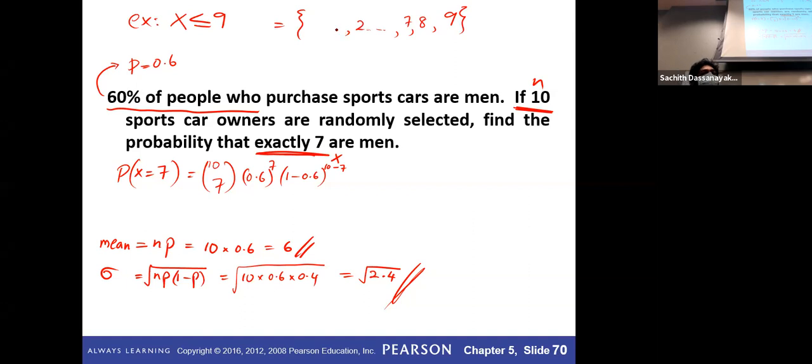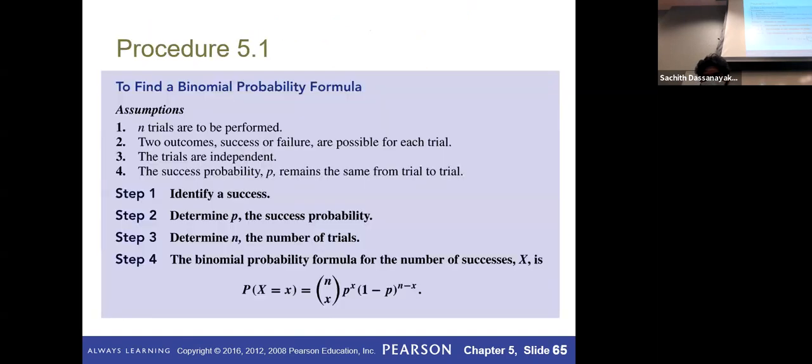What's the next one? Is that all? Are you sure? It's not all. What's the lowest number? 0. Did you forget that? Which means no men, there is no success, which means 0. Don't forget that. It's also inside this, because I showed you in this slide.